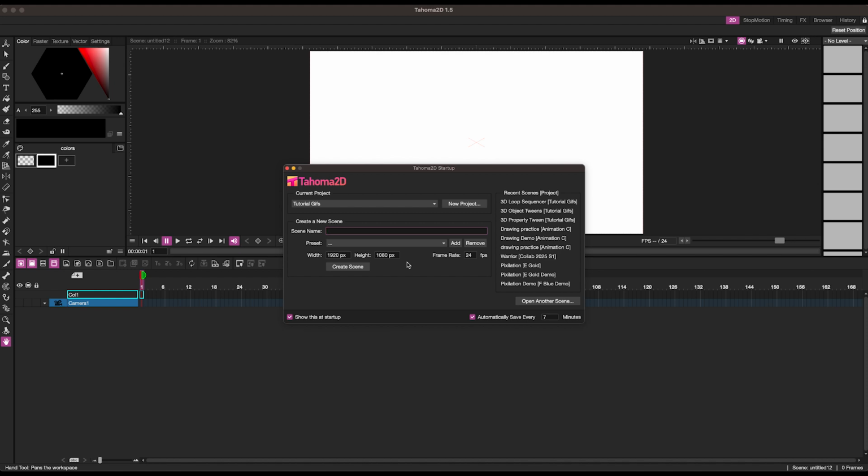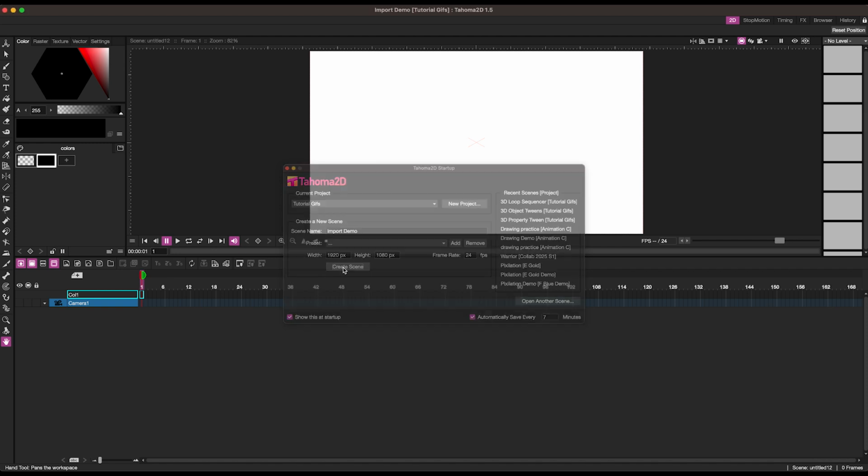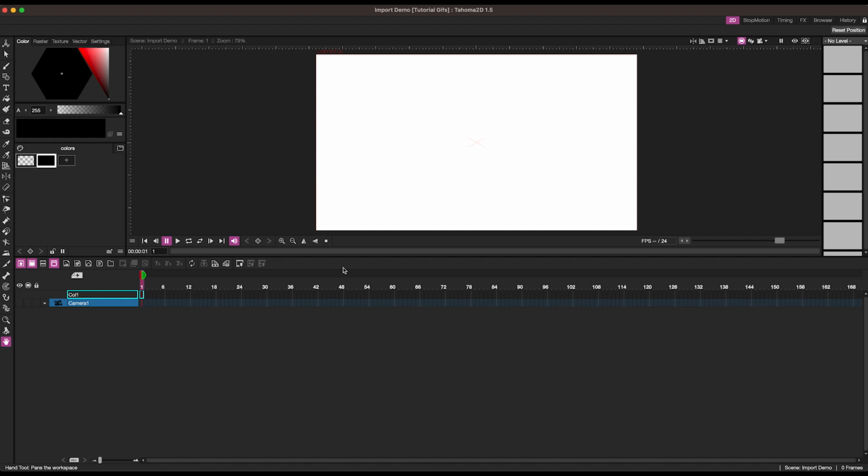Now I'm going to go over how to actually bring those images into Tahoma from Procreate or Procreate Dreams, or even another app. So always, first of all, make sure that you have the correct project selected. You don't want to have the sandbox active. You can always make a new project if you need to. I'm just going to go with the one that's active right here. Then a scene name